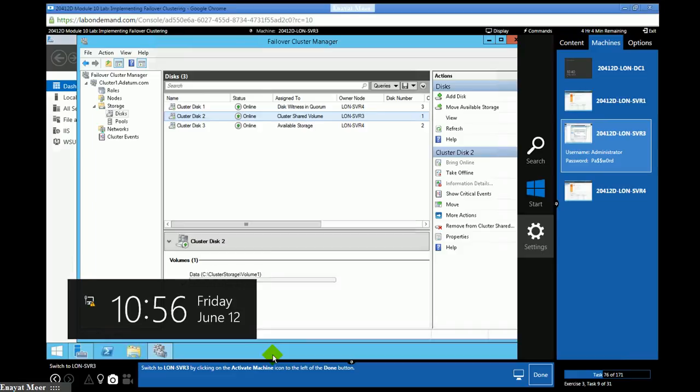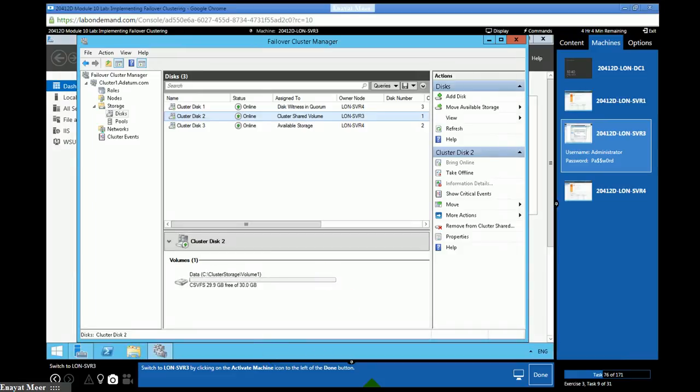Move on to your server 3. So we do have this failover cluster manager available already and the console is open. You can just make sure that all three disks are available, and the status is online.